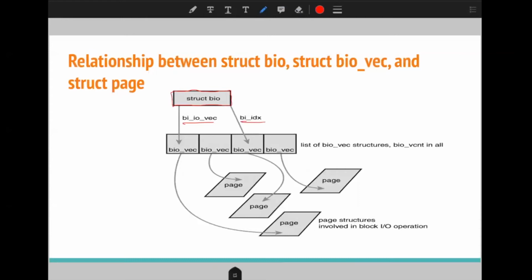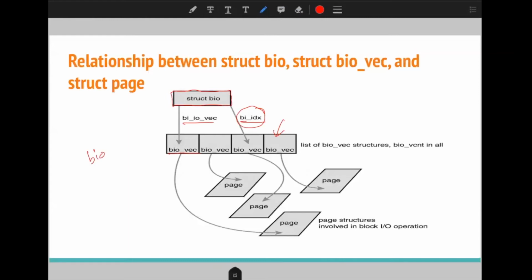So this bi_io_vec represents the first entry of this list of bio_vec structure, and this is the current index inside this list. So this bio_vec represents a single IO operation.